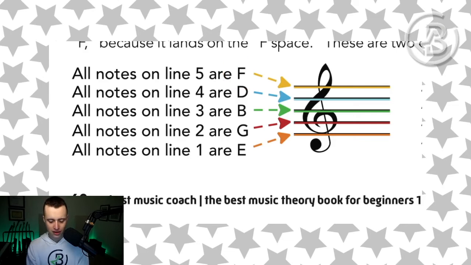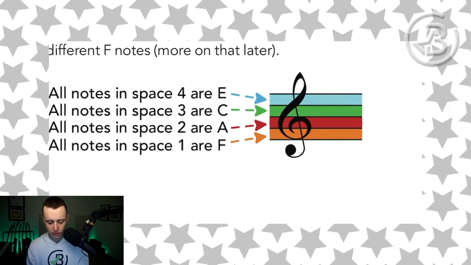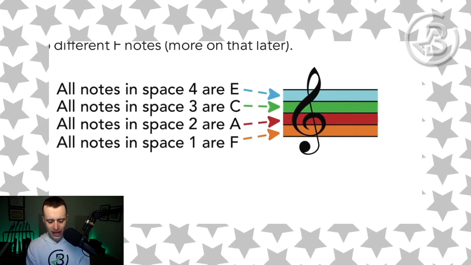Let's talk about the space notes. So whenever we have a note head in space 1, and again, that can be a whole note, that can be a half note. It could also be, that was a messy half note, but that's okay. It could also be a quarter note. It does not matter what type of note. Just as long as the note head is in space 1, always, always, always, it is going to be called an F note. Whenever the note heads are in space 2, always, always, always, we're going to call those notes